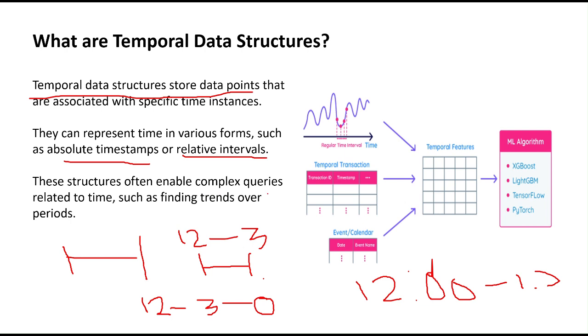These structures often enable complex queries related to time, such as finding trends over periods. Suppose we have a huge, complex amount of data. If we have a temporal data structure, we can pick the time interval. Suppose in a 24 hour day we want the information on what has been done from 10 to 12 o'clock. The information is stored in a temporal data structure, so from that we can take the 10 to 12 o'clock data and represent it. It is a complex data structure in which we divide data into time intervals,